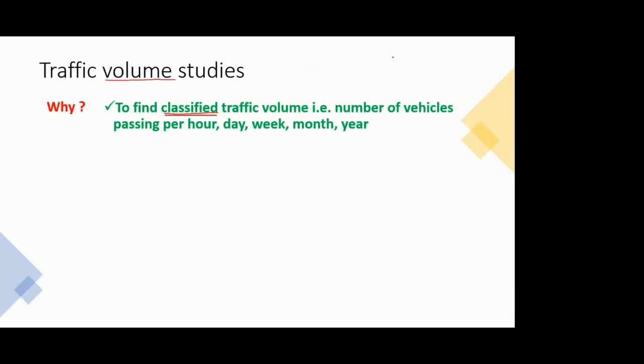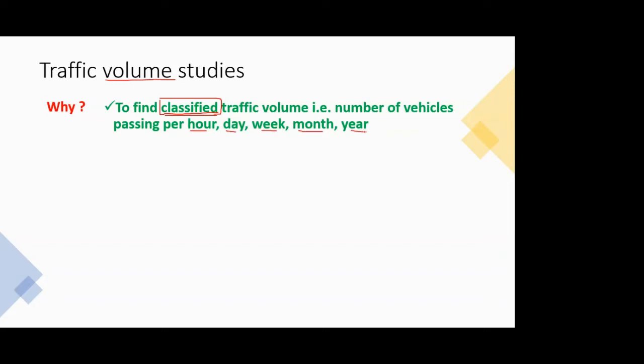We know that traffic flow is nothing but the number of vehicles passing a given point in a given time interval. So we have to do that exact same thing, but now we have to classify them as well while counting. So what I mean is, if I tell you to do a survey of any road near you, you will not only count the number of vehicles, you will count specifically how many 2-wheelers, how many cars, how many buses, trucks, and whatever the categories are. Okay? And that you will do either for an hour or a day or a week or a month or a year.